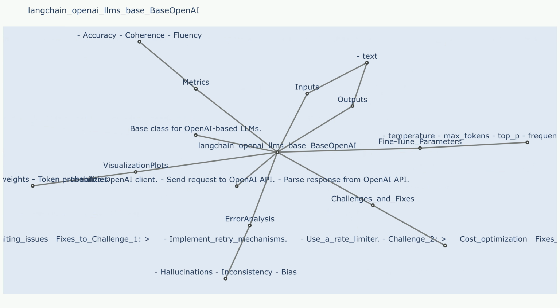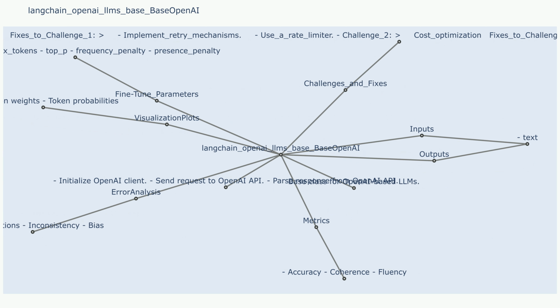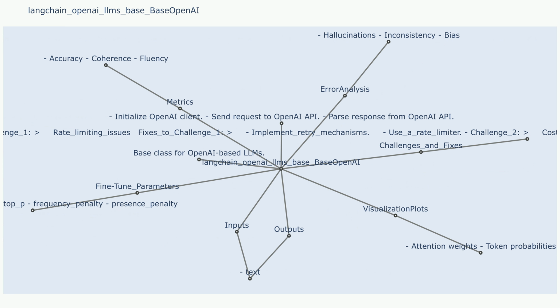Inputs. Text: the input text string that serves as the prompt for the language model. Temperature controls the randomness of the generated text, with a higher value resulting in more creative and surprising outputs. Default value is 0.7. Max tokens sets the maximum number of tokens the language model can generate in response to